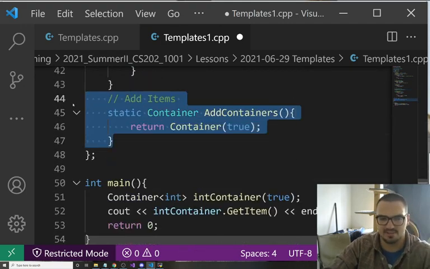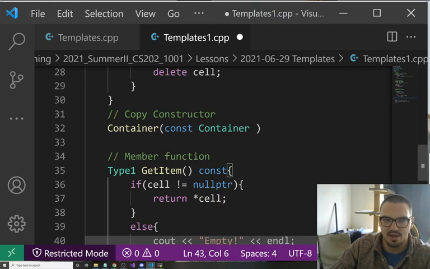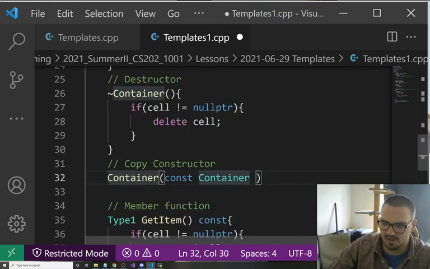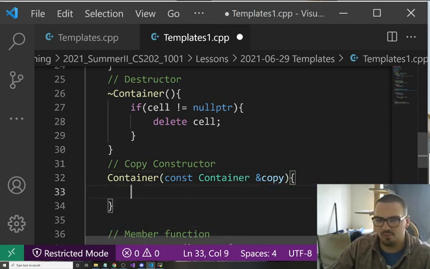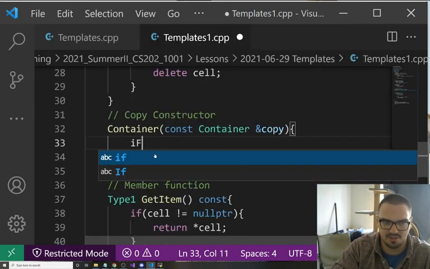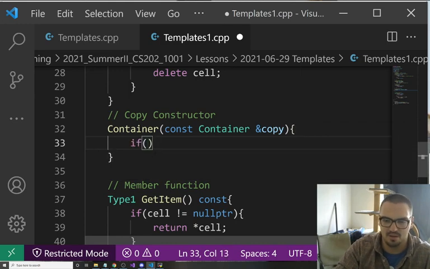So I'll come back to the static part in just a little bit. But I want to show you this. I want to show you how this works here. So I'm going to speed run this one. All right, I'm going to speed run this one. So I'm just going to say if the copy dot cell equals null pointer,